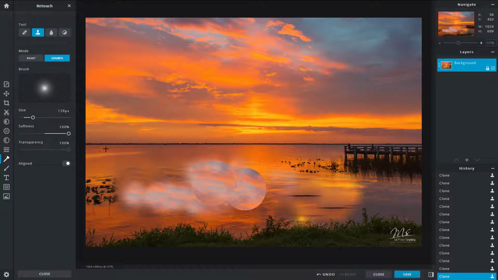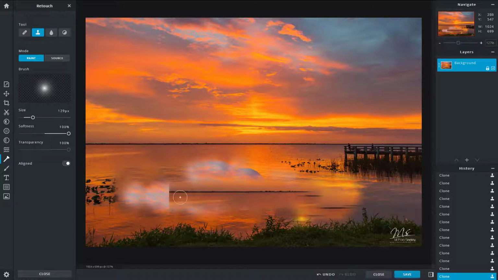But if I were to go to align right over here, now if I were to draw it, what happens? Let me go to the source, click it, click and drag it, you can see the line. And if I were to start drawing again, you can see that it takes the same reference point so that it is not actually overlapping anything. So you can see that the same is being copied right over here, even if I click it multiple times. So that is what align actually does.